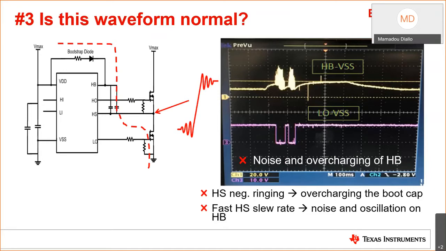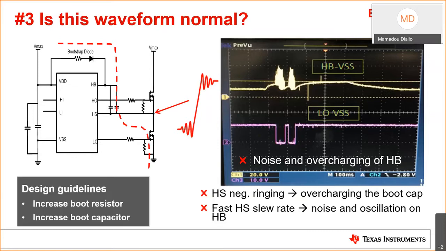Notice that this is the opposite scenario from the previous slides that I just shared. That is creating overcharging on the HPHS capacitor, which as a result is causing oscillations and overshoot on the HP node shown in yellow by channel 1. This overshoot and ringing reaches almost 40 volts, which is well above the HPHS ABS max of most modern drivers. One way to remedy this issue is to increase the HPHS capacitance value, allowing to increase energy storage capability of the capacitor.